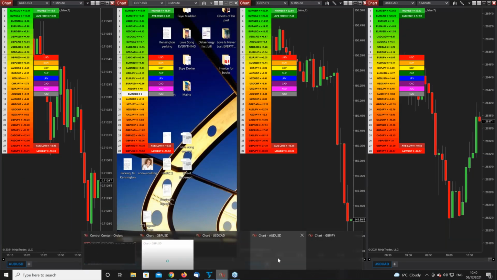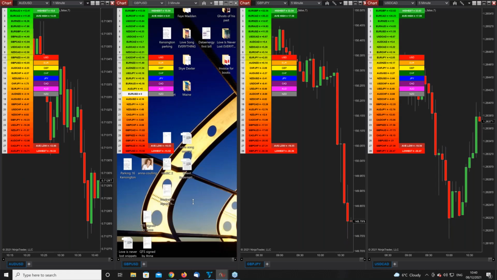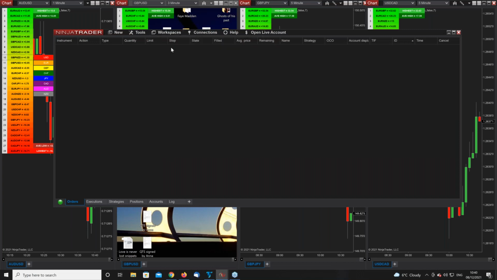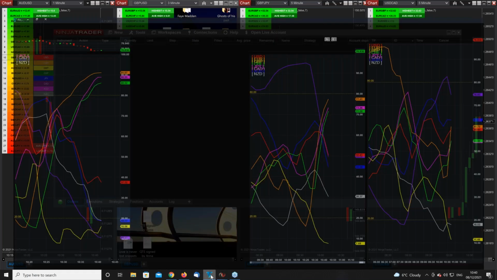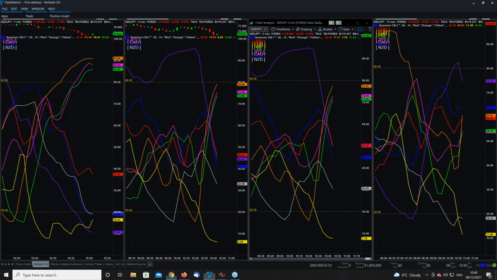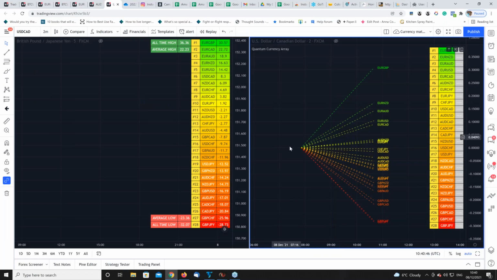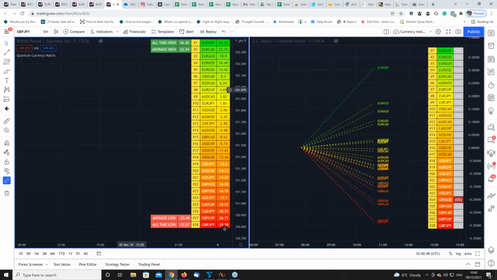The difference between the two is, I lost one. Where's my middle one gone? There we are. Oh, how funny, it's not loading there. Let me go back to the currency array. I can talk about it there anyway. But basically what is happening in terms of time frame, let me go on to show you here on TradeStation. In fact, let me go over here onto TradingView. Let me just find the one I want, very quickly. This one. There we go. Let's just pull that over. In fact, this probably shows it better. I've got a 5 minute here and a 2 minute, different time frames, so it doesn't matter.